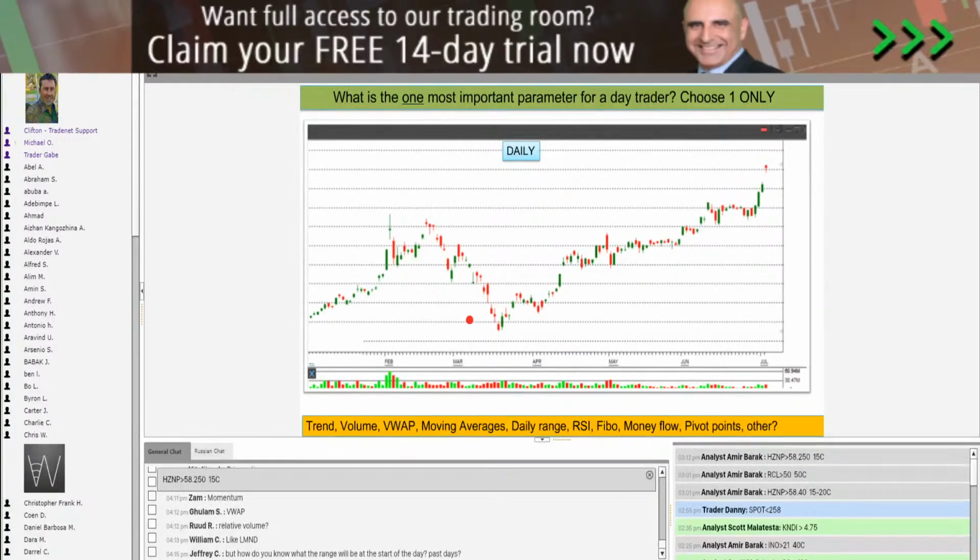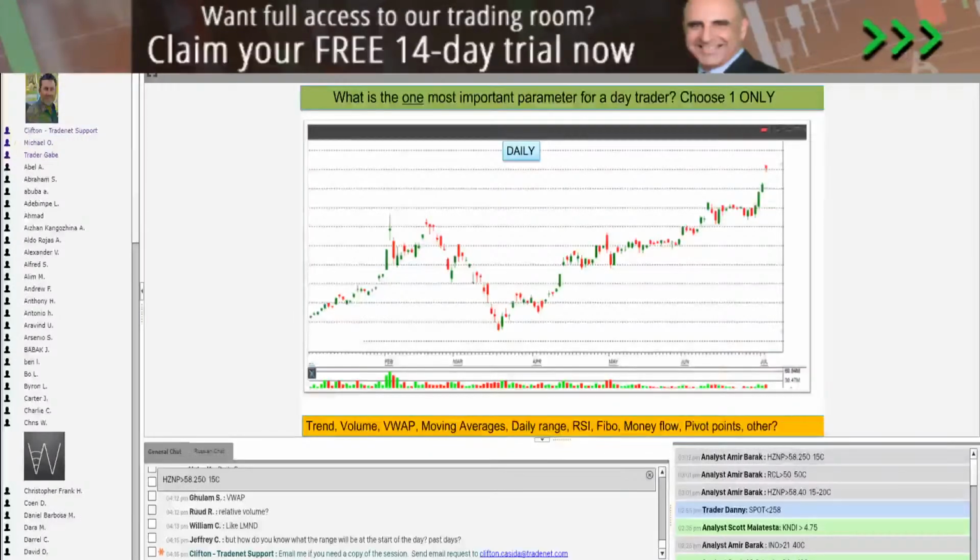Now, Jeffrey is pointing out, obviously, how do you know? I don't know which stock is going to develop the bigger than average daily range, but I can guess. I know how to look for it, and we're going to work on this subject today. So again, we have many parameters. I just listed a few: trend, volume, VWAP, moving averages, daily range, RSI, Fibo, money flow, pivot points, moving